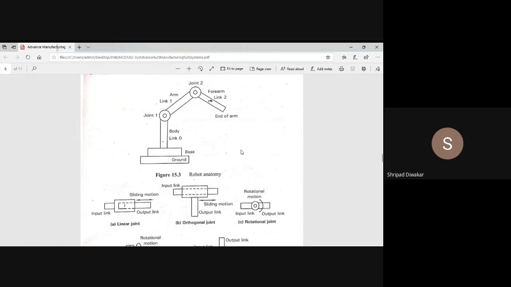So the different parts of the robot are the base, the body, then the joints, and then link 1 and link 2. A link is the connection between a joint and an arm. So this is the basic anatomy of the robot.